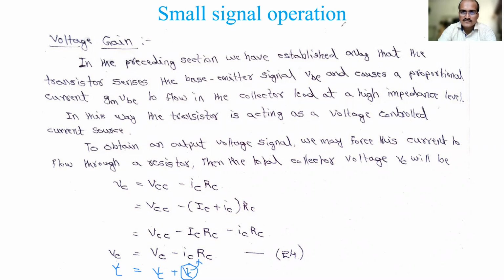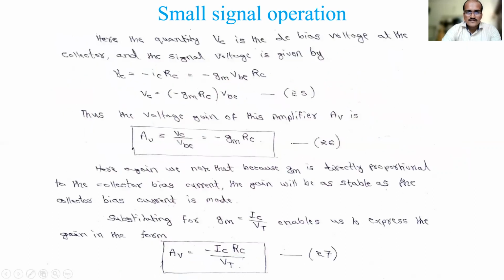Very first I explained that all the voltages and currents are called instantaneous, and they have DC as well as AC components. So now this VC can also be written like that. From this, the VC, here the letter as well as the subscript is small. So VC is given as minus ICRC. The second part of that equation 24 is this signal voltage, the small voltage, which is what is required here.